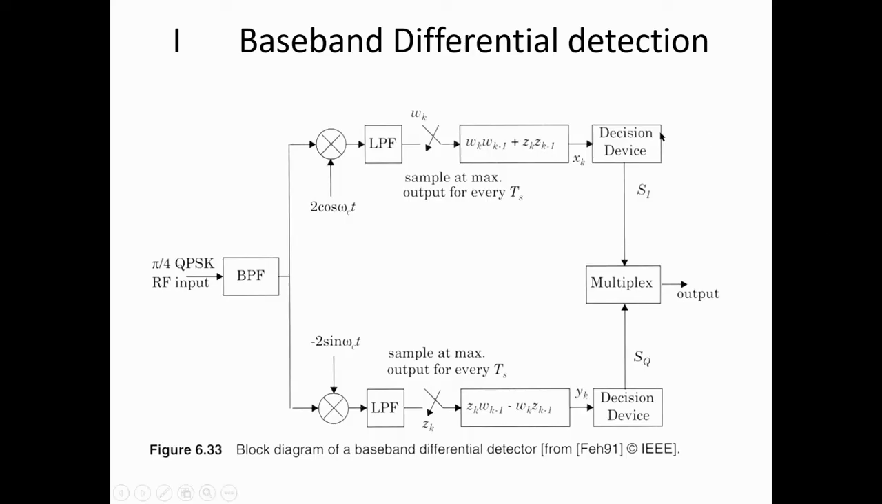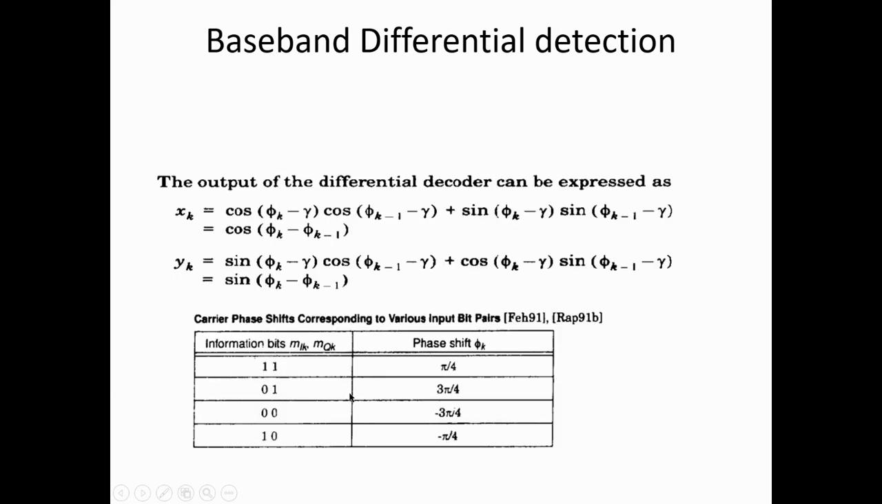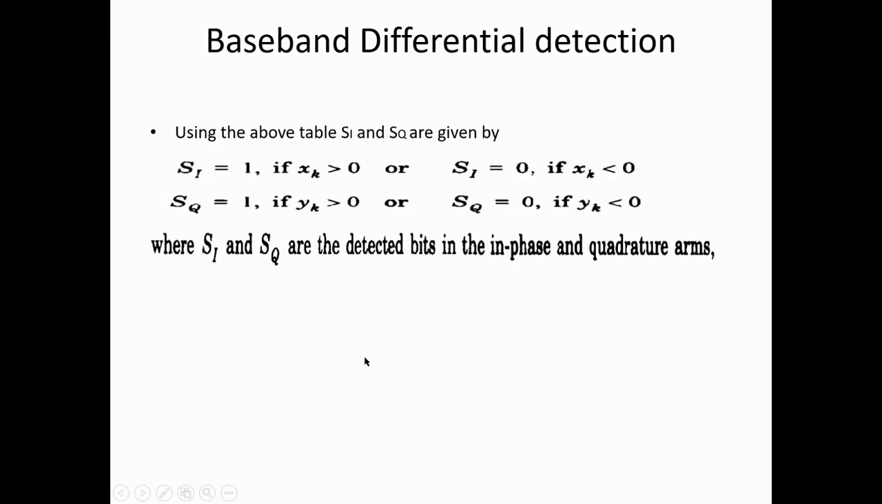Finally, we have a decision device which is used to detect whether the received bit is 1 or 0. This WK and ZK is given over here. Similarly, the XK and ZK is in terms of WK and ZK. Finally, this will be of the received signal. As I have mentioned, if XK is greater than 0, it will be considered as bit 1. Less than 0, it will be considered as bit 0. Similarly, it is similar to the